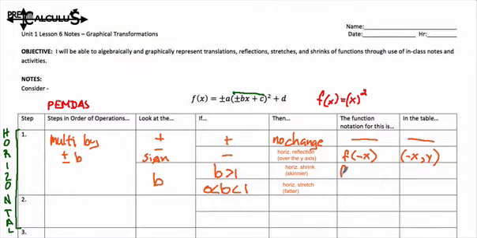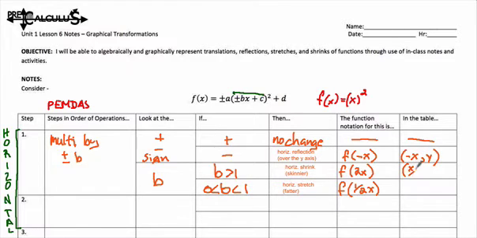This would be if we're using the number 2, we would say f of 2x for a number that's greater than 1, and we could use, for a fraction, I'm just going to use 1/2. So this is what the function notation would look like. What would actually happen to those points, so all the points on the graph would go from x, y to